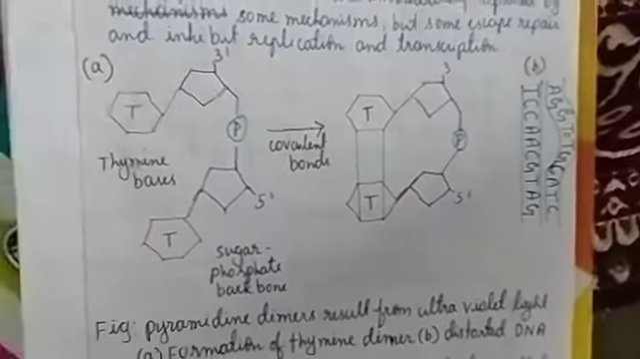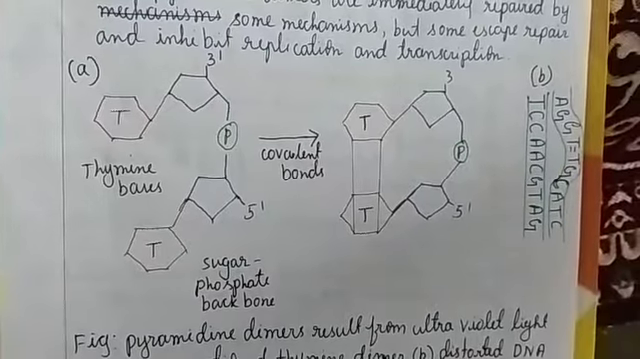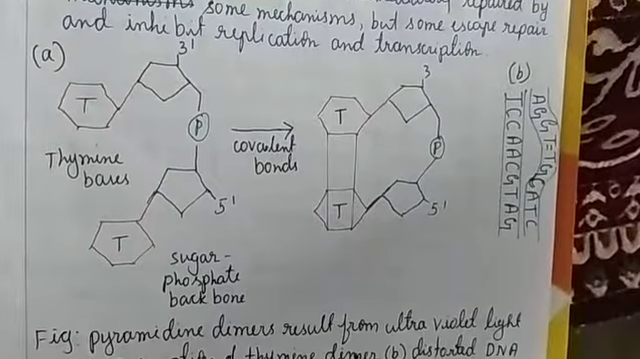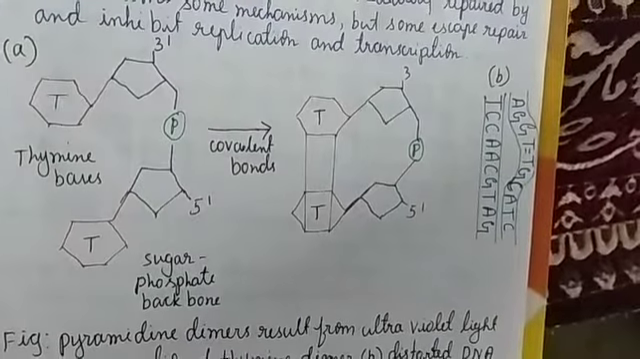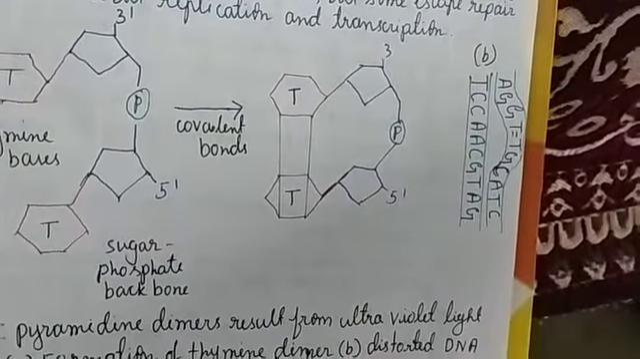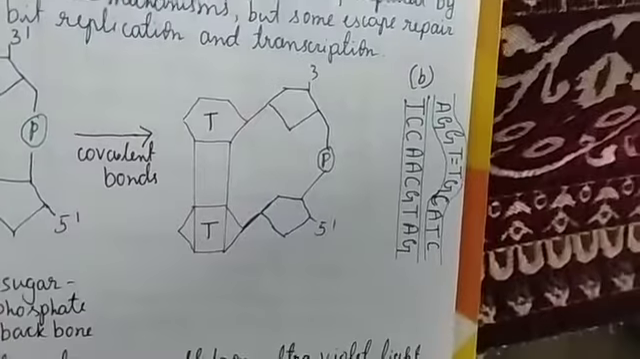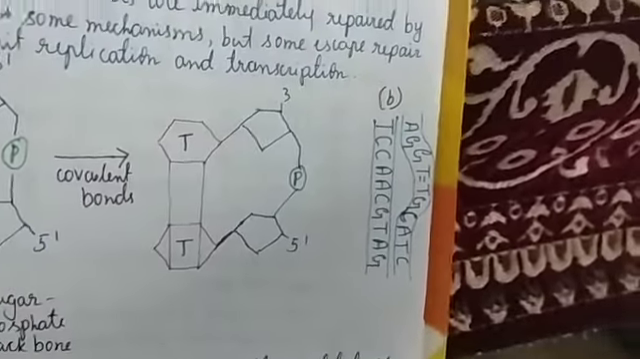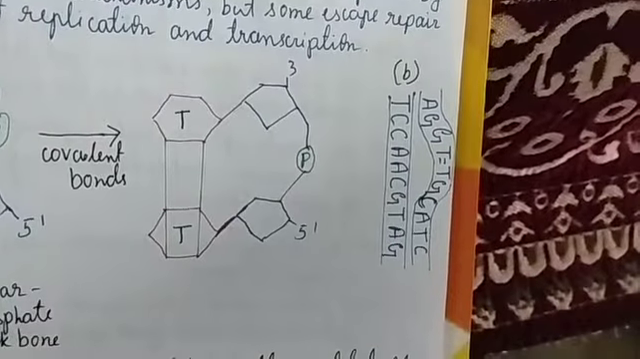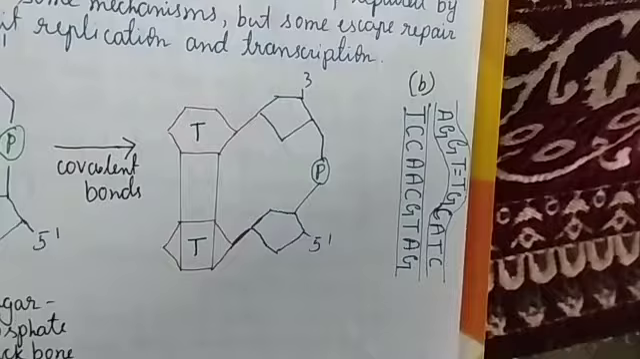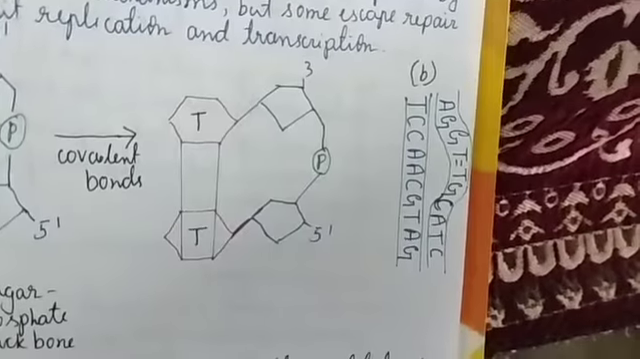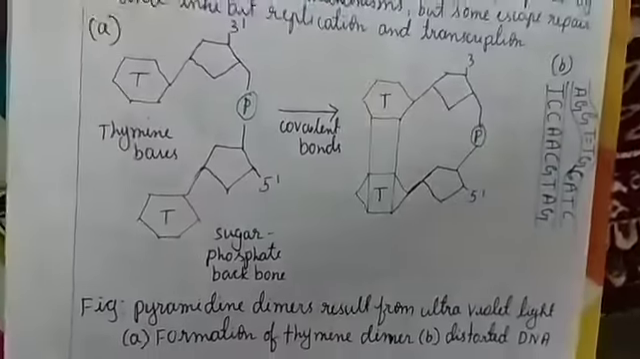See here in the diagram, it is the normal thymine bases DNA molecule. After absorbing radiation, the adjacent nitrogenous bases form covalent bonds, forming a thymine dimer. See how it looks in diagram B. You can see here a thymine dimer has been formed, distorting the normal structure of the DNA molecule. Okay, then